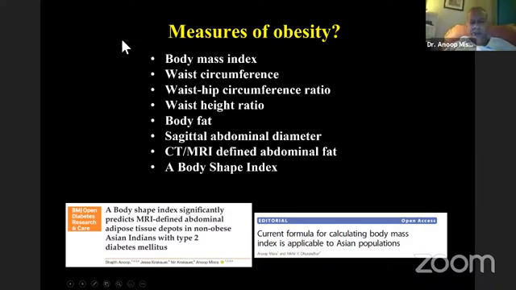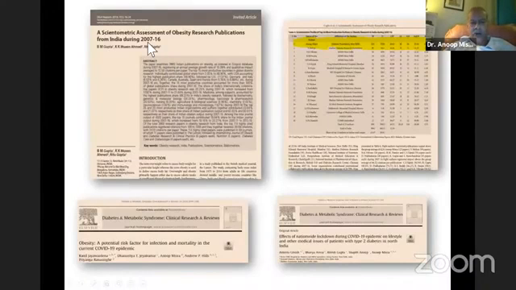Otherwise, we are proud to say that in a scientometric assessment of obesity research from 2007, the year I left All India Institute of Medical Sciences, to 2016, we are at the top as far as publication is concerned, ahead of most of the government institutions and other groups. And we continue to publish in COVID-19. Look at the publications at the bottom. We have a number of publications on obesity and COVID-19. Now, in 2008,